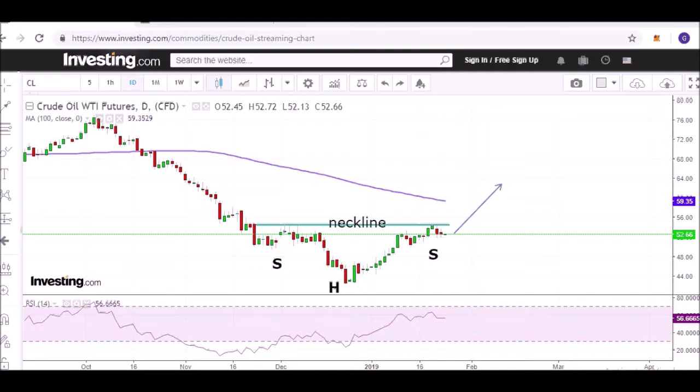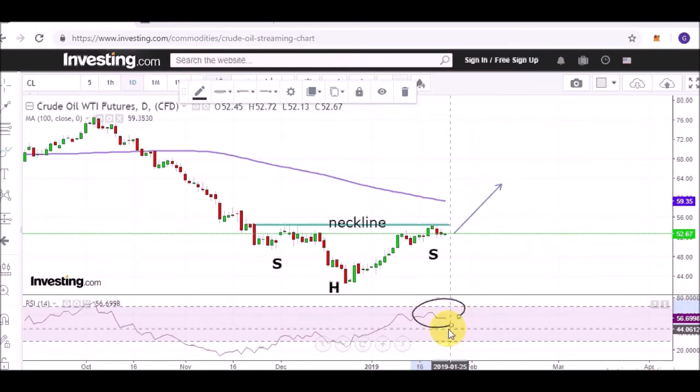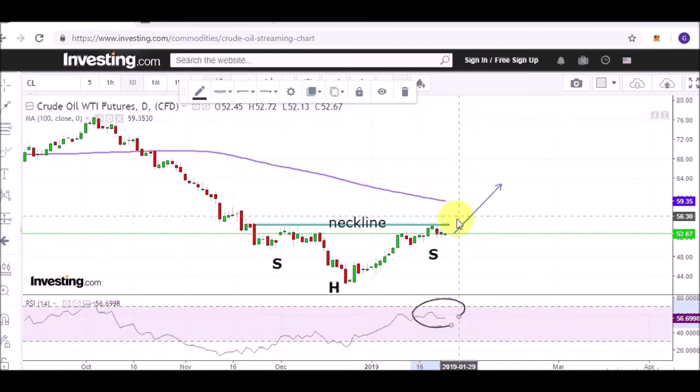The next positive factor I want to have a look at is this 100-day moving average. Relatively recently, crude oil has been stretched far below the 100-day moving average. We're still below it, and even based on the mean reversion, we should see crude oil pull back up towards this 100-day moving average. Next, look at RSI. It's not at overbought levels yet, so again, there is still some potential for crude oil to continue its move